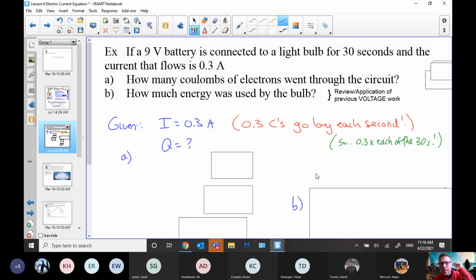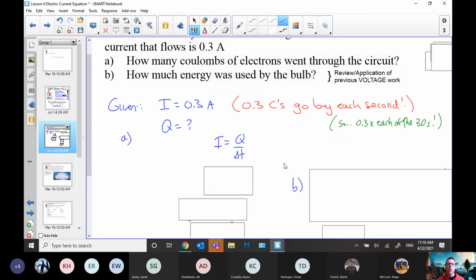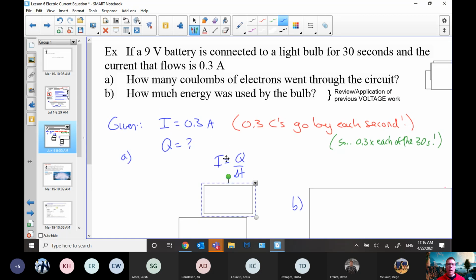Is that enough time for A at least? Yeah. All right. I equals Q over delta T. Of course, we know this new concept that current is just charge per time flowing through a circuit. Plug in the 0.3 for the current and the time for 30 seconds, right? So that's the other thing I should have put in there for in the given. So I'll just drop that in. Delta T